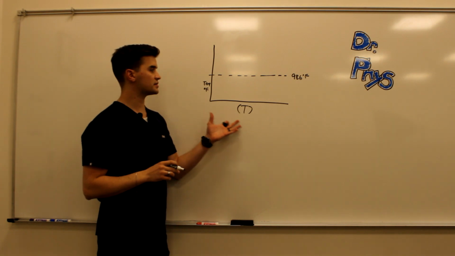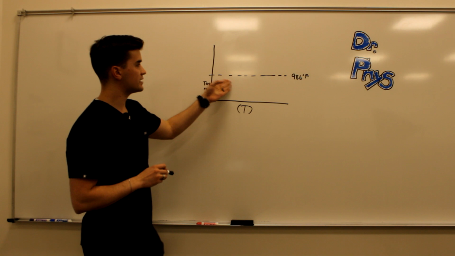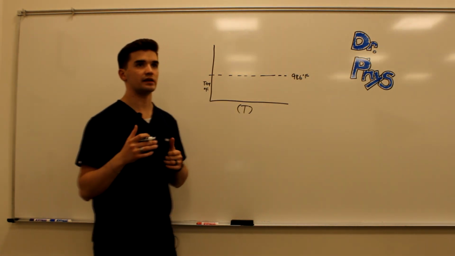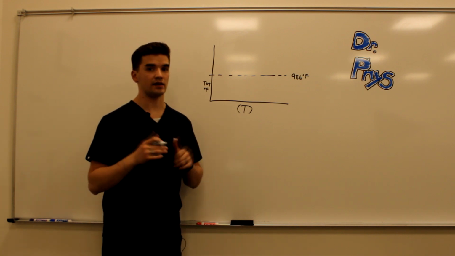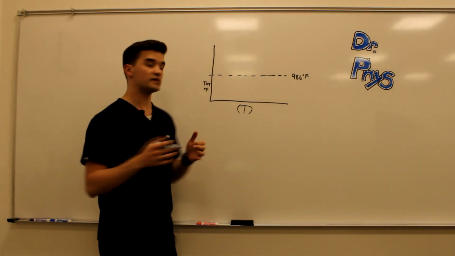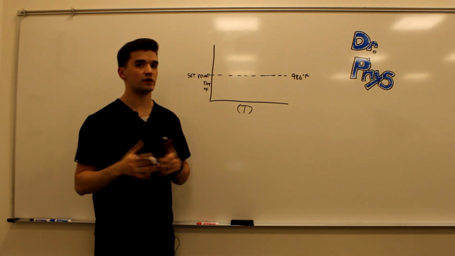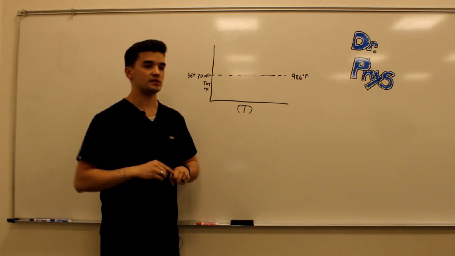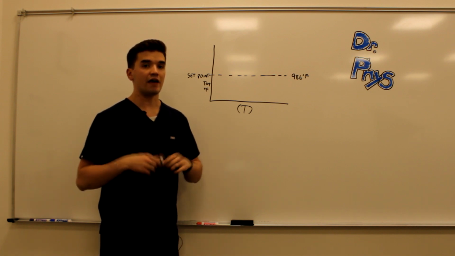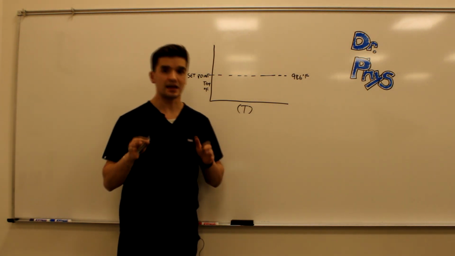So this graph represents our temperature over a certain amount of time. This dotted line here is the average temperature that our body likes to be at. When discussing homeostasis, every system of the body has a specific point where it likes to stay. This point, in terms of temperature, is 98.6 degrees Fahrenheit. This is called, in general, our set point. The brain controls whatever set point needs to be. This could be different in our kidney, it's different in our skin, it's different in our heart. Every system of the body has a set point. The goal of the body is to maintain that set point.